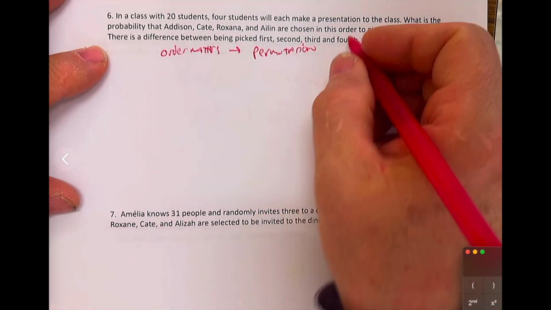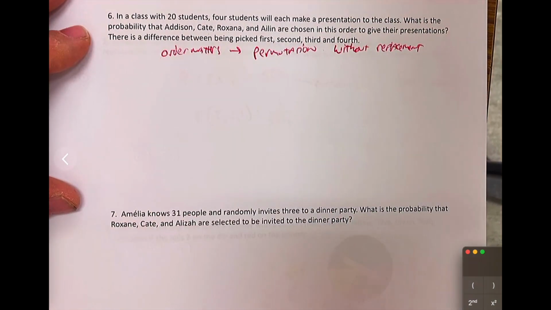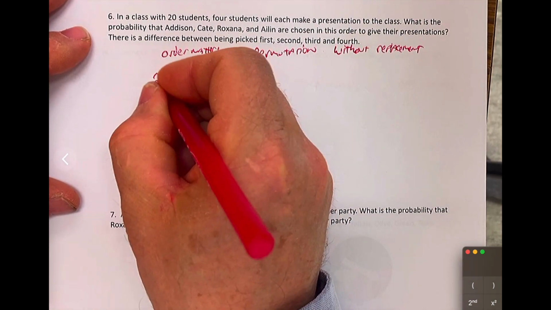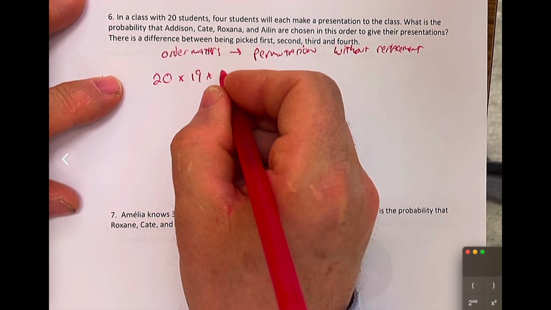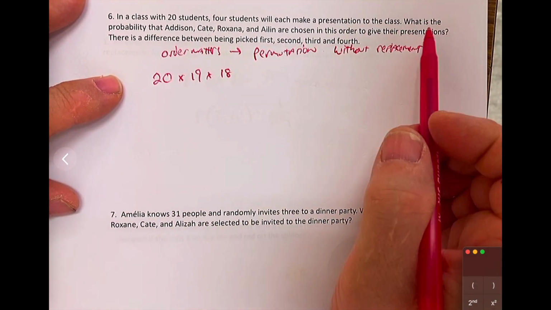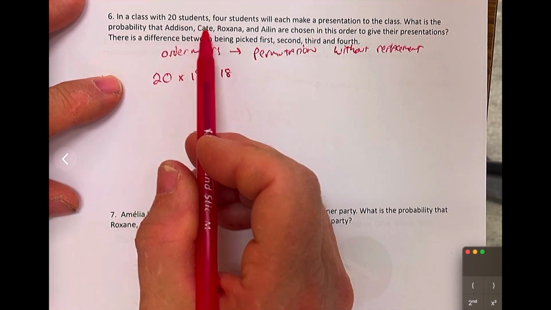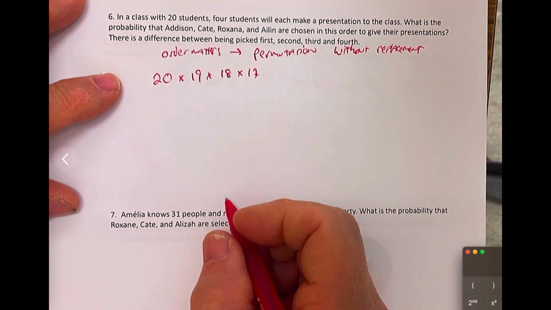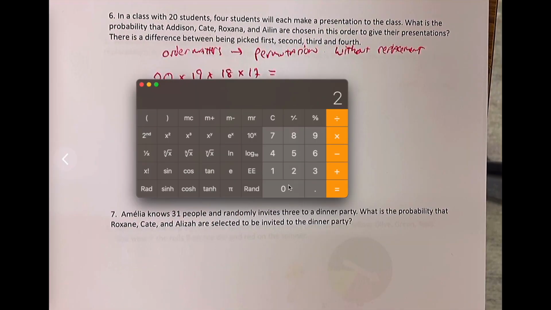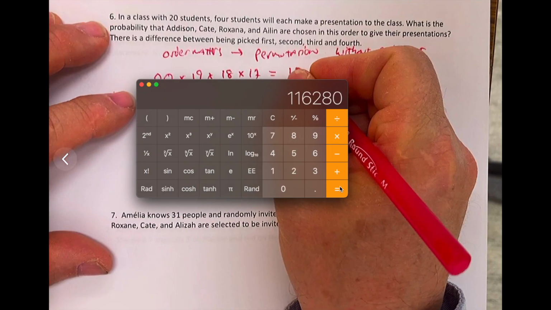It's without replacement. You have 20 students. You can work it out logically. You have 20 choices for the first person. You have 19 choices for the second person. 18 choices for the third person. And how many people are there? 1, 2, 3, 4 that we're asking to present, times 17 for the last person. You could work it out that way. 20 times 19 times 18 times 17 equals